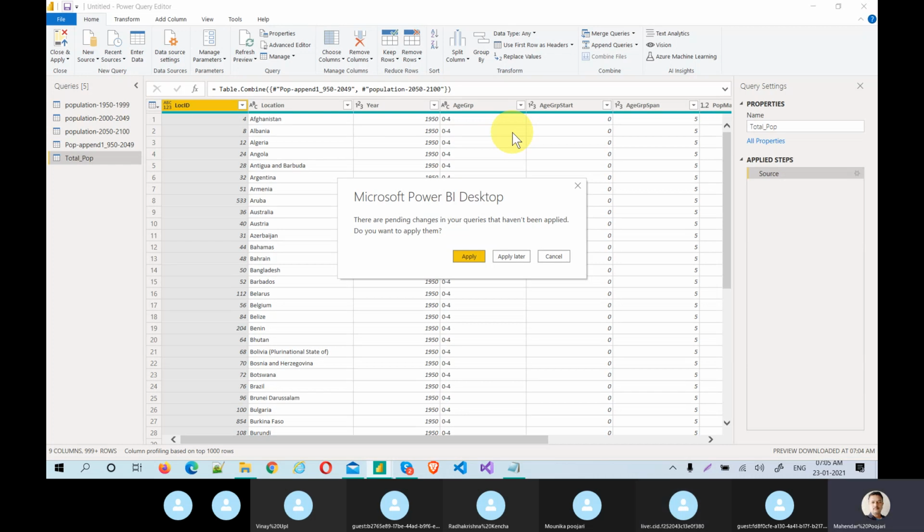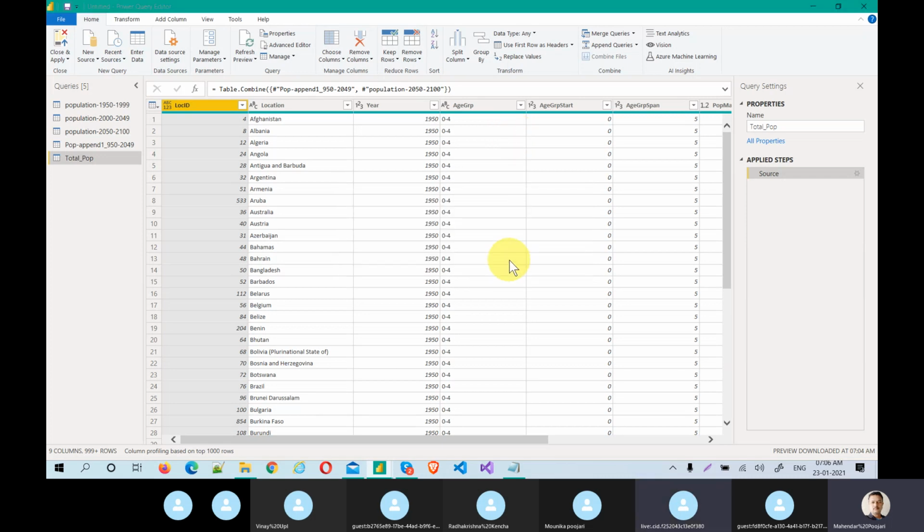You might do a lot of data massaging steps. Today I could not achieve all of them, but I don't want to make Power BI load the data every time, whatever I do. This might not be an ideal scenario, but if you really want that kind of scenario, just apply later.